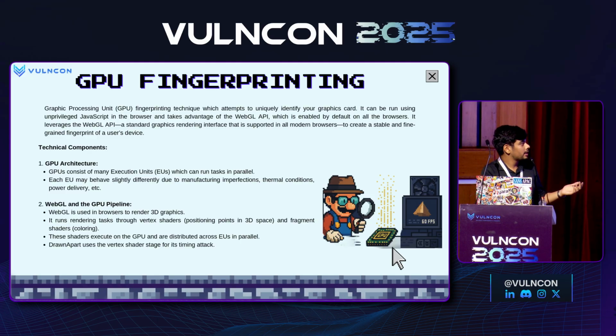What version it is using, what vendor it is, what vendor unmasked it is, what render unmasked, what exactly the version of that graphics card is, what shading language version, and then using these values, we create a fingerprint. Now this can vary depending on each device. This can be the same in some cases, because if we have two devices of the same system, right? So let's say that if you have two same macOS, these WebGL parameters would be the same,